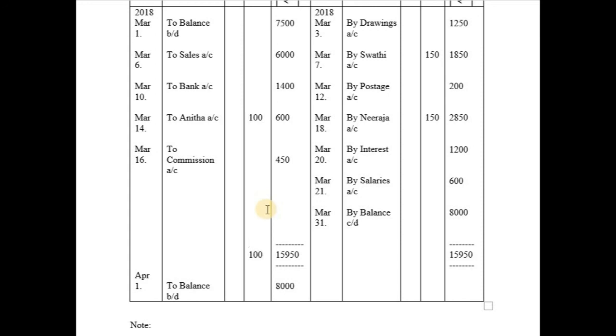फिर डिस्काउंट रिसीव्ड का टोटल करना बाकी है. तो डिस्काउंट रिसीव्ड में जो टोटल आएगा वो उस तरफ लिखेंगे आप. So the total on discount allowed column is 100 rupees and the total on discount received column is 150 plus 150, it is 300. So here the total will be recorded as 300 rupees. तो हम जैसा अमाउंट का बैलेंसिंग करें उस तरह डिस्काउंट अलाउड और डिस्काउंट रिसीव्ड का बैलेंसिंग नहीं करेंगे.